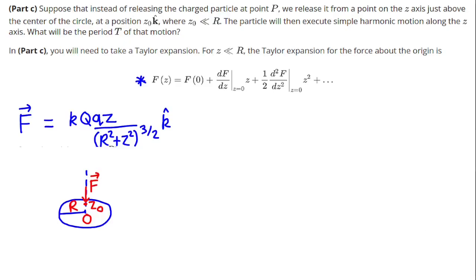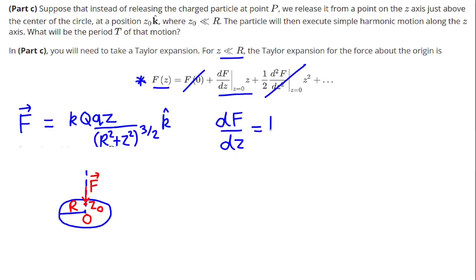So for a very small value of z, we can neglect the higher order terms. And when z equals 0, we have f of 0 is equal to 0. So we can approximate the force using the first order term. So taking the derivative of the electric force with respect to z,